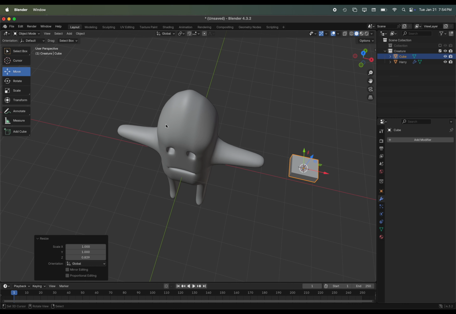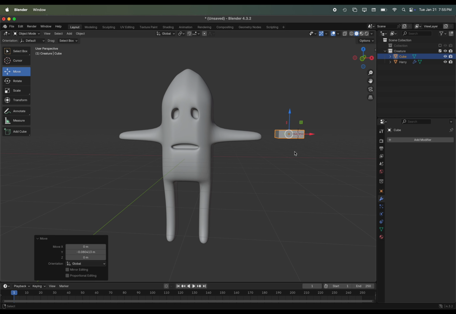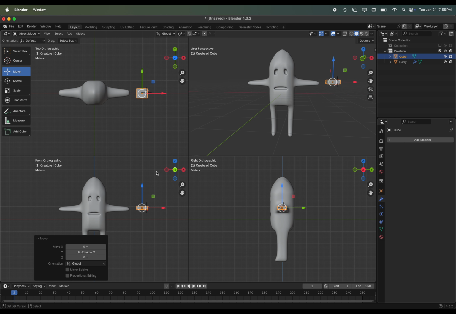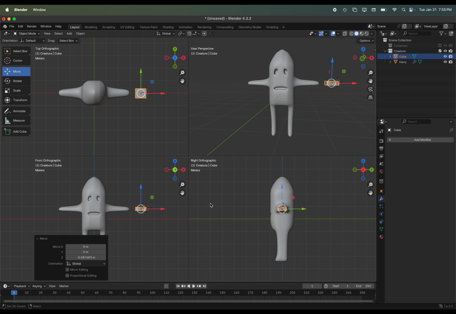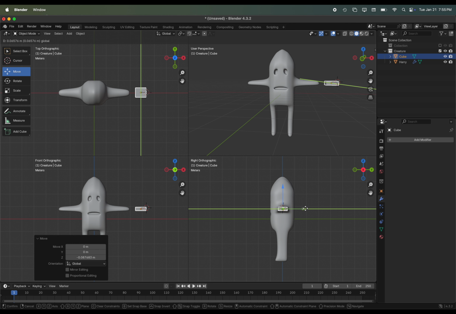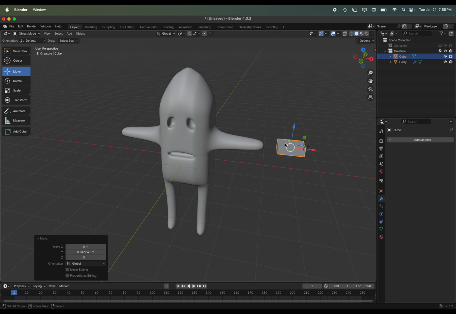And I'm going to deliberately leave some space over here. When I'm lining up the hand, I can always go back into quad view. Control Option Q toggles you in and out. And this is really helpful because you can see from multiple angles if something is in the right place or not. So I can play around with that over there and just Control Option Q to get back out.